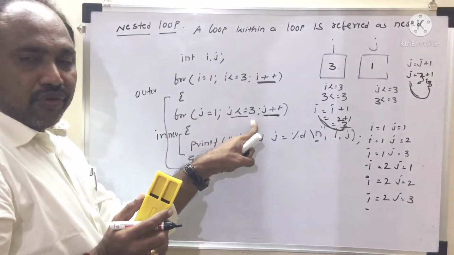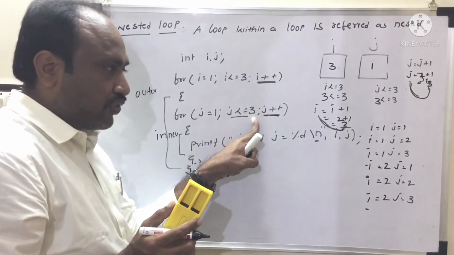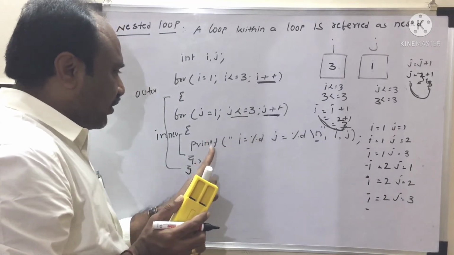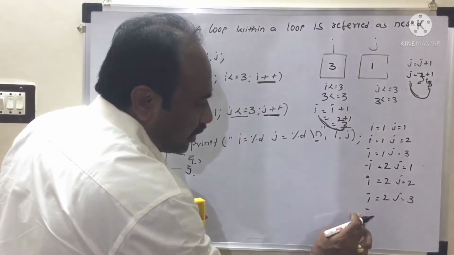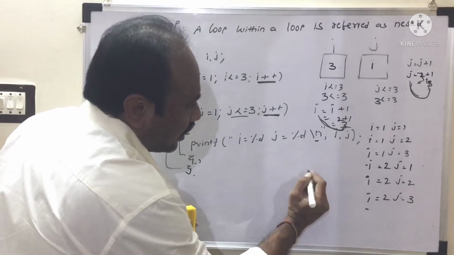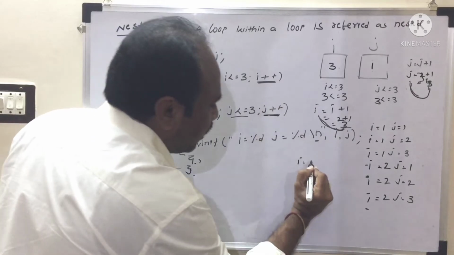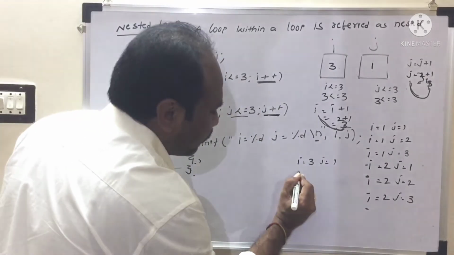Check the condition in inner for loop. J less than or equal to 3. 1 less than or equal to 3, condition true. True means go into the inner for loop. Printf I equal to, okay, I am writing here, please see here. I equal to percentile D, I value 3, J equal to percentile D, J value 1 printed,